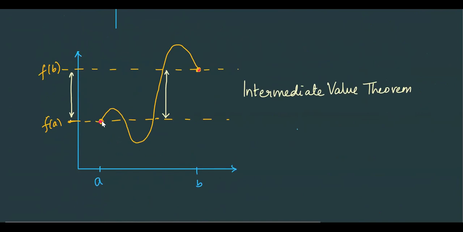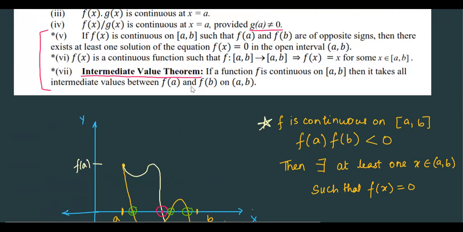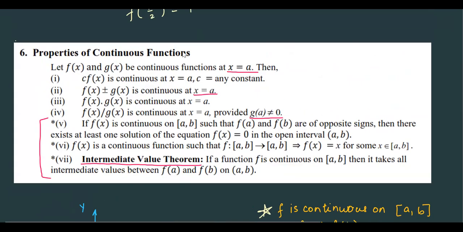If f of a and f of b are of opposite signs, then function value equal to 0 will be one of the intermediate values. Okay, that is about the intermediate value theorem. So these are very useful and important properties. Next, we move on to